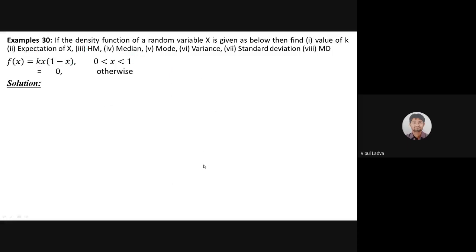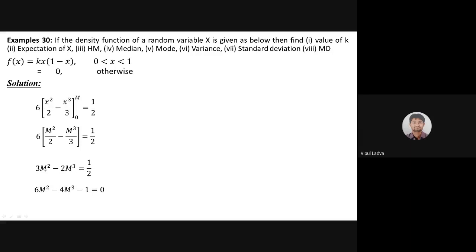So let's go identify that. Integration of 6x gives x square by 2 and x cube by 3. Replacing that particular upper limit and lower limit, it will be m square by 2 minus m cube by 3. Lower limit is 0, so it will not affect anything over there. So it will be 6 times m square by 2 minus m cube by 3 equals half. Reducing that, we will have this format: 3m square minus 2m cube equals half.